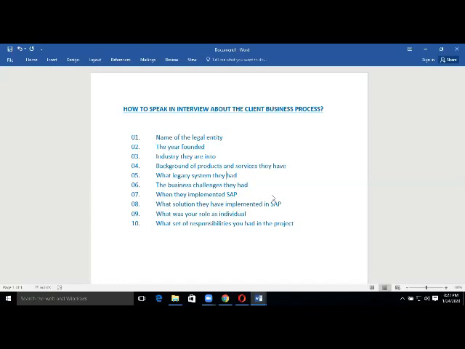Next, what industry they are into. So next is the background of their products and services, the legacy system they have, the business challenges they have in the legacy system, why they are implementing SAP, and in the SAP implementation, what are the solutions